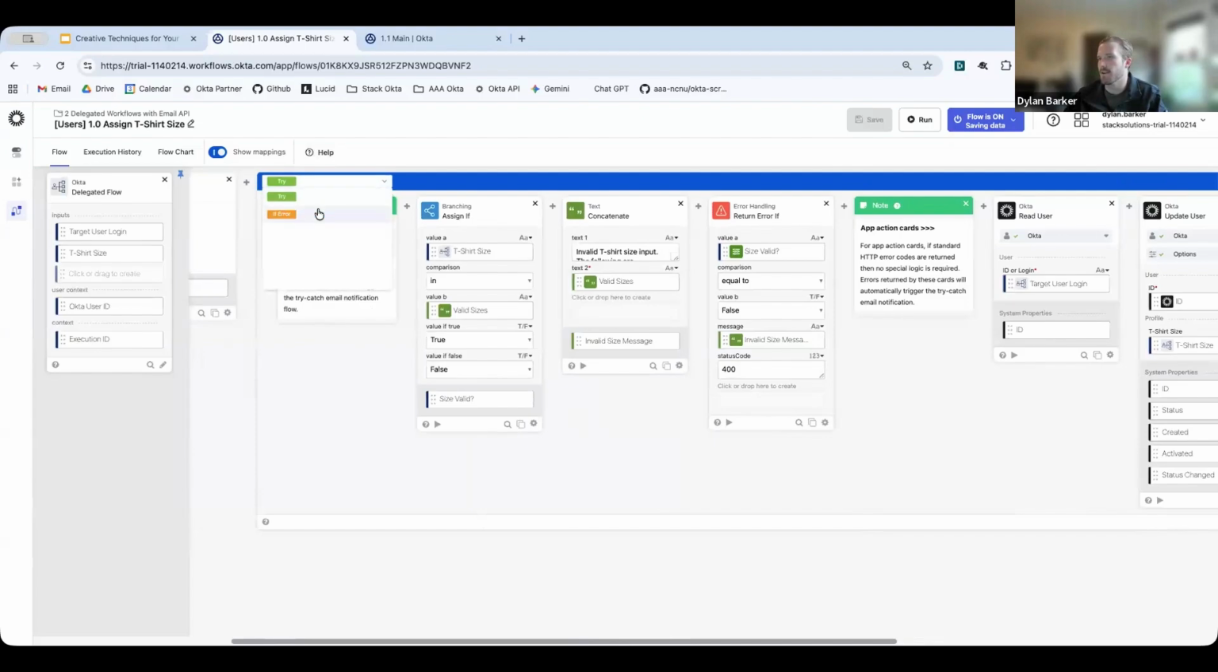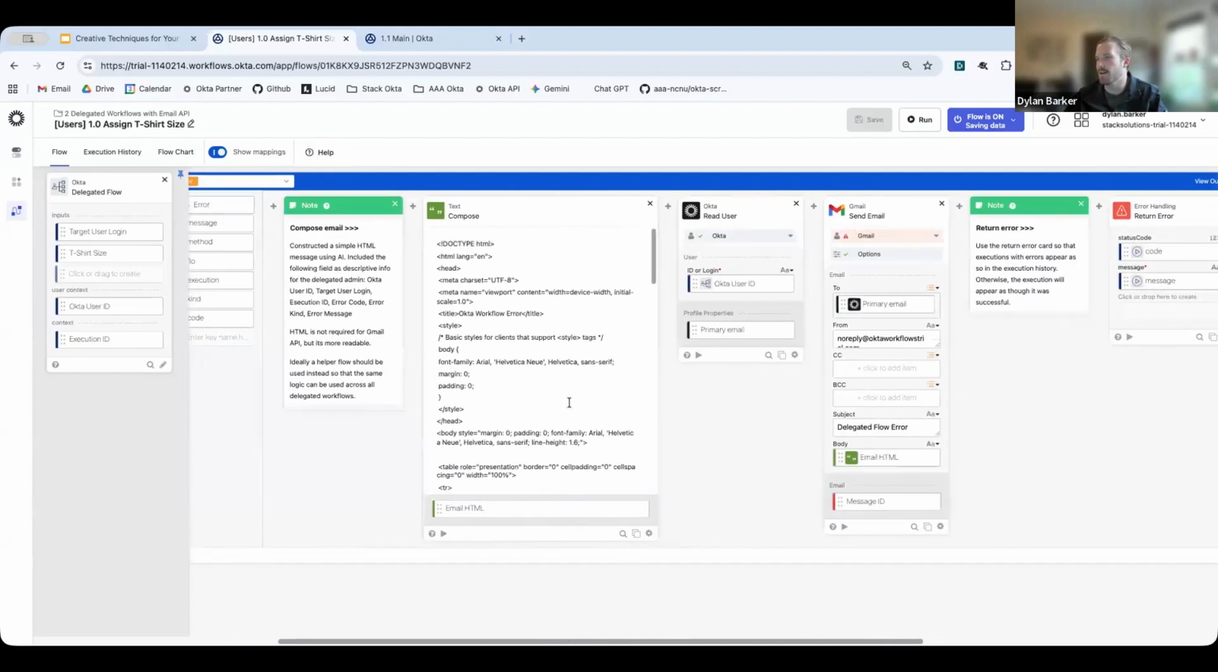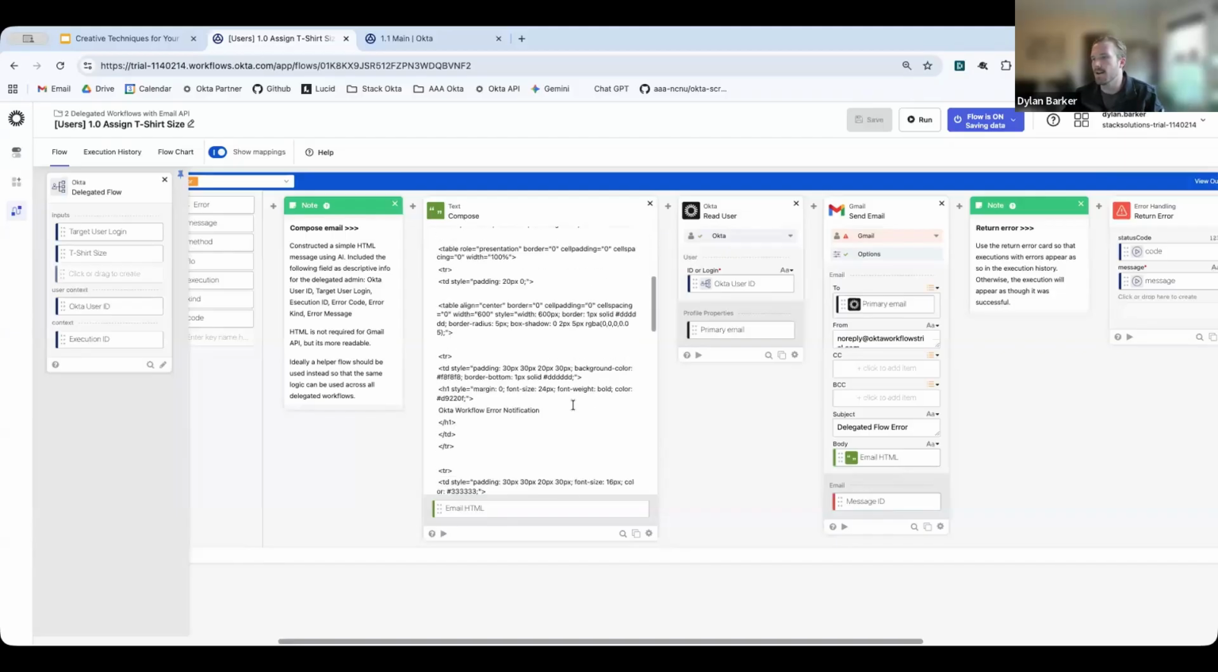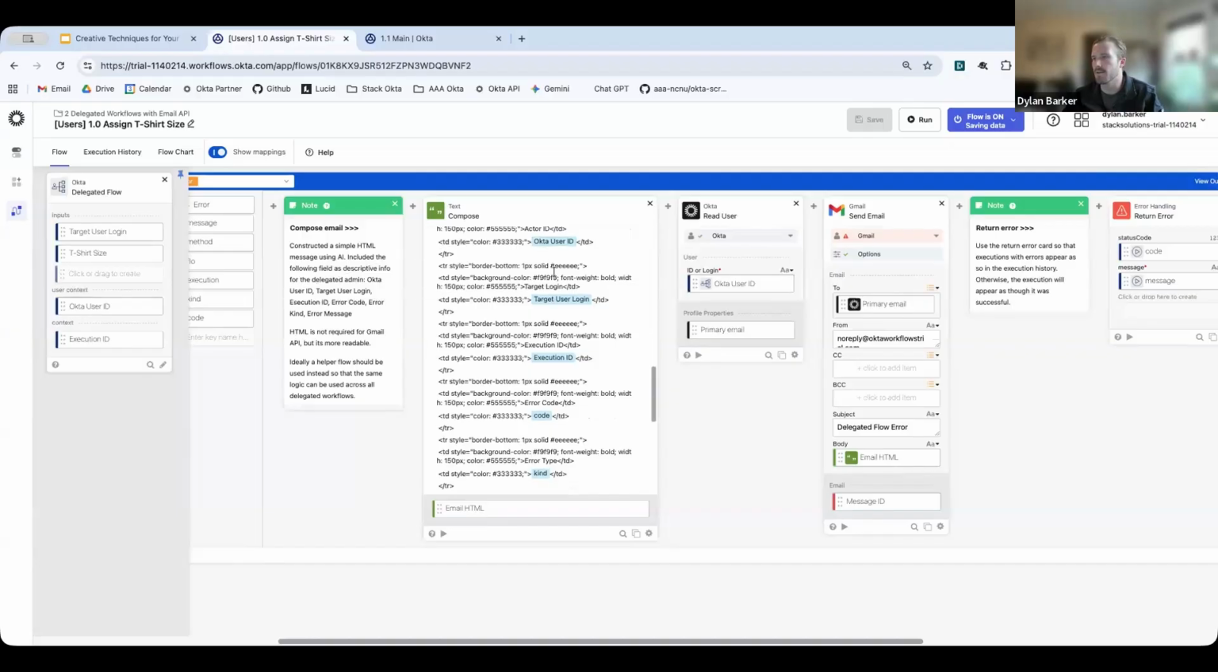So in our catch logic, here's where I'm composing HTML. Not all email APIs use HTML. I know some use different things. So depending on what email API you have or decide to go with, it might be different than this. But I just copied this into here and dragged our inputs